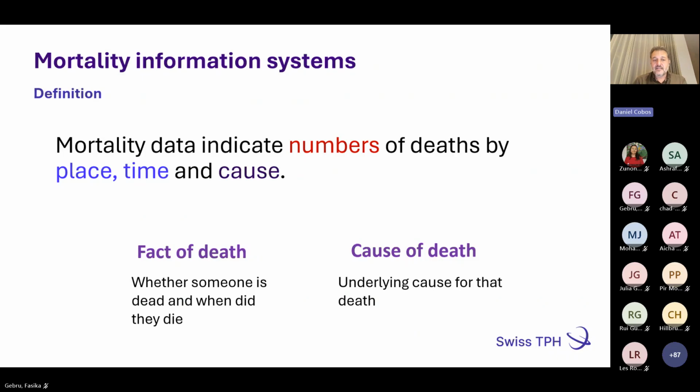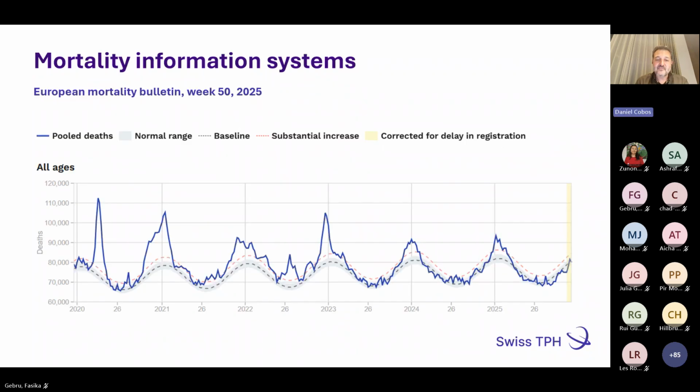If we look at just the fact of death, I'm not going to go into detail because Les has covered most of it. If you go next, please. And next, you can have this really nice graph. This is from Euromomo. This is just the number of deaths, not even by age and sex, over time. I think this is all European countries reporting to Euromomo. You can see the trends, you can see the spikes of COVID, you can see many things just by plotting the number of deaths over time. So it's really useful, but I'm going to focus, if you click next, and next,